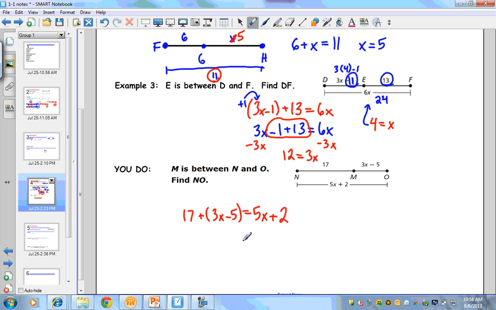So this is how you should set it up. 17 plus 3x minus 5 equals 5x plus 2. Once again, we're dealing with a parenthesis situation. There's an unseen positive 1 out here, so when I apply that, it becomes 17 plus 3x minus 5 equals 5x plus 2. When I combine like terms, I'm going to take the 3x and bring it over to the right-hand side, and I'm going to take this positive 2 and subtract it and bring it over to the left-hand side. So when I combine like terms,